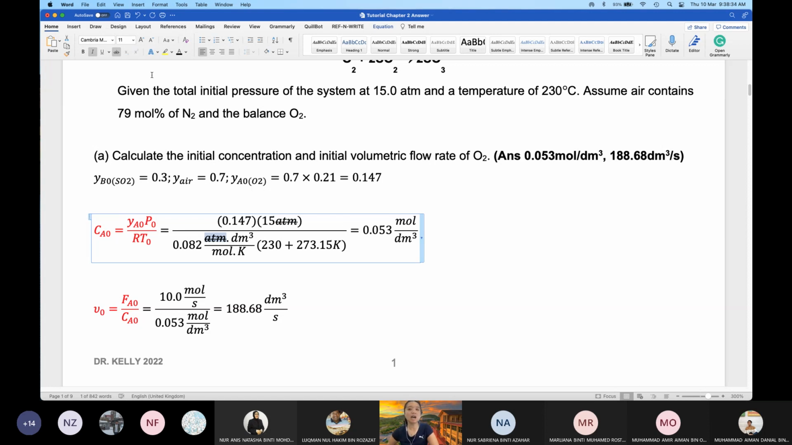So by using this R value, dah berlainan kan, tadi kita guna 8.3144 kilopascal dm cube per mole Kelvin. When it's ATM, it becomes 0.082 ATM dm cube per mole Kelvin. So by doing this, I can already cancel my ATM unit. Okay, so let's say lah kamu terfikir, katakan saya nak guna 8.3144 kilopascal dm cube per mole Kelvin. Boleh je, but you have to add one more step to convert the